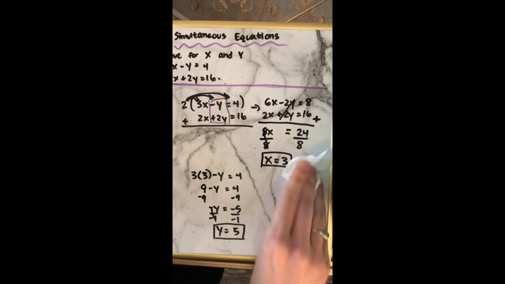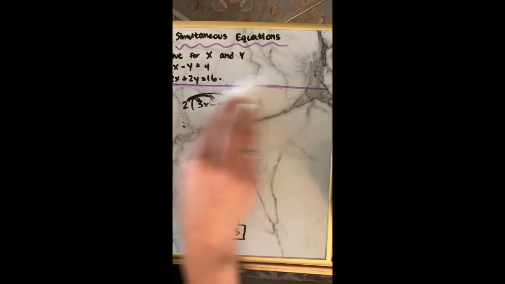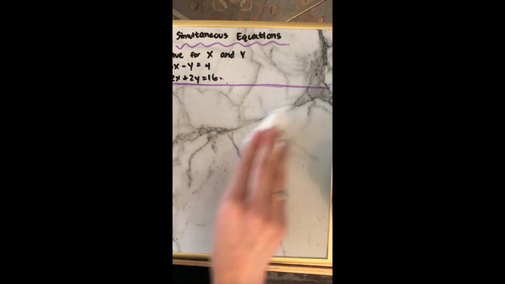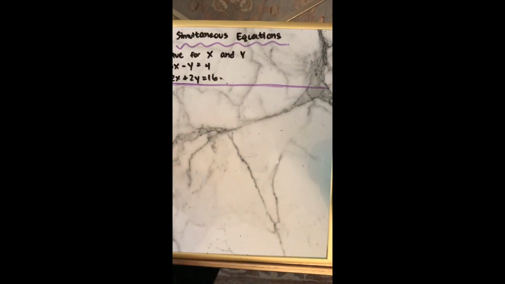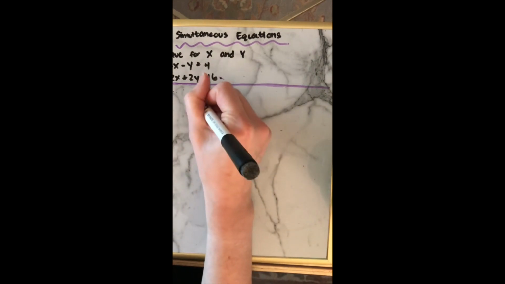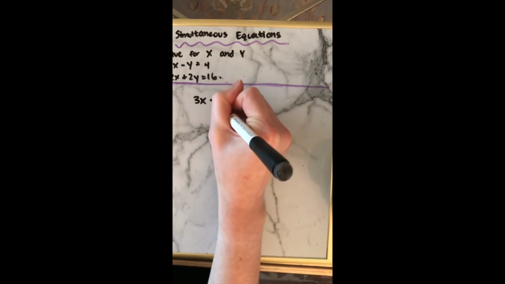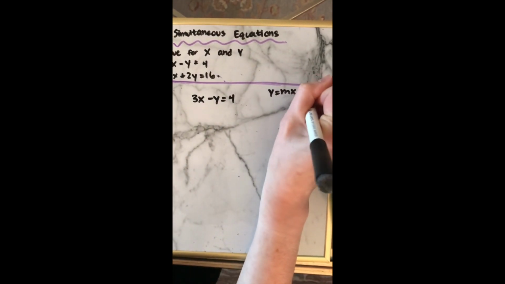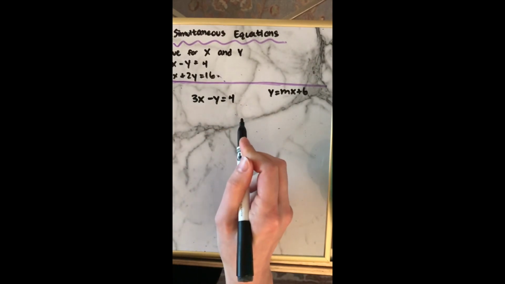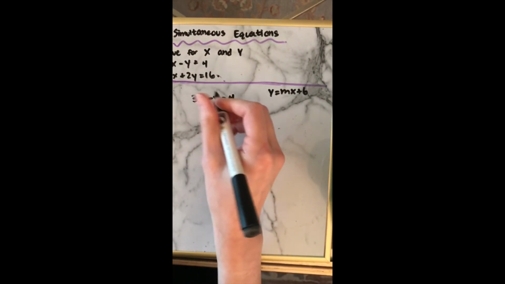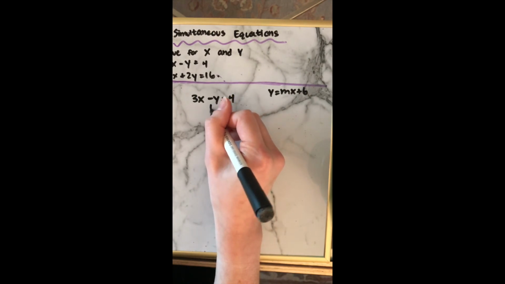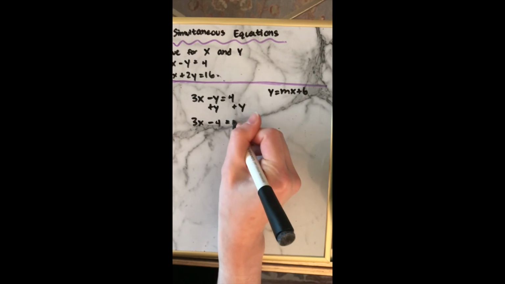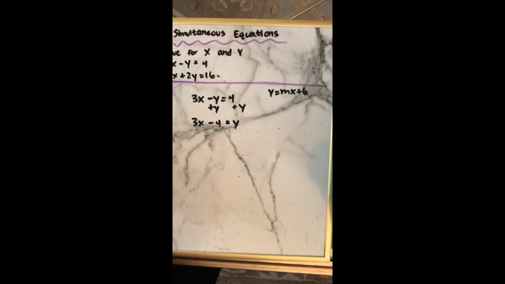So our last method involves the calculator. We're just going to be graphing our two equations and looking where the two equations intersect. If you notice, the given equations are not in y equals mx plus b form, right? We want it to be in this form. So we're going to have to move some things around in order to plug it into the calculator. So we're going to be plugging this equation into the calculator,